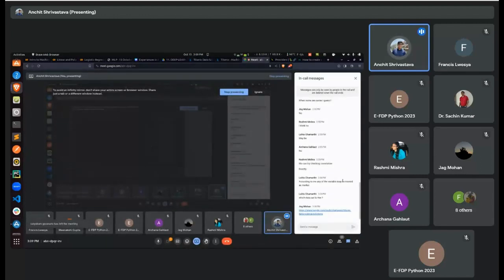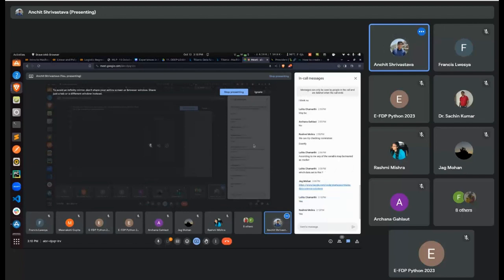Is everyone following till this point? Yes, thank you, Jagmohan. Okay, Lalita and Rashmi are following. Any doubts till this point? Is it even interesting? Like only 2 or 3 people are